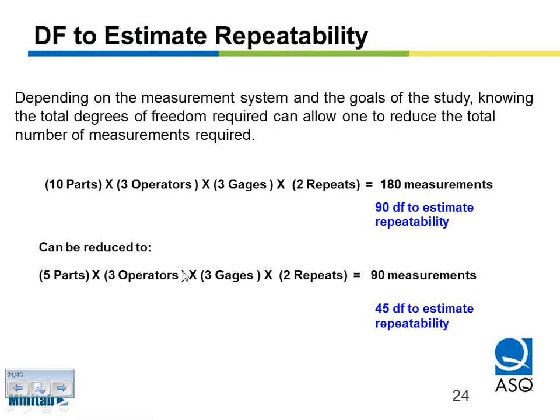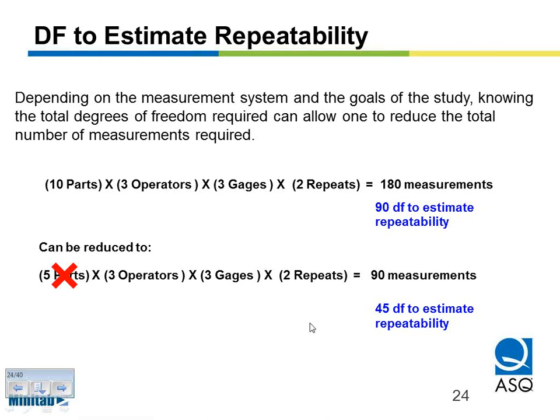So knowing the degrees of freedom to estimate the repeatability turns out to be a valuable benchmark from which we can move forward. We're not going to worry about how many parts we measure. We're going to go ahead and take the reduction in the number of measurements down to 90